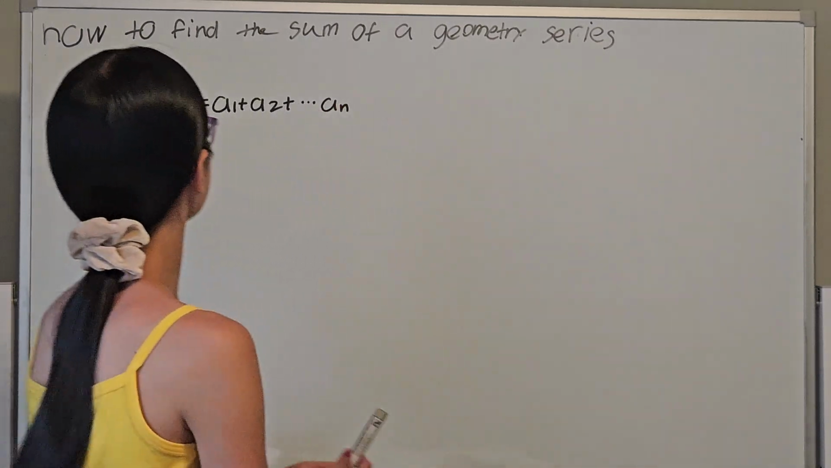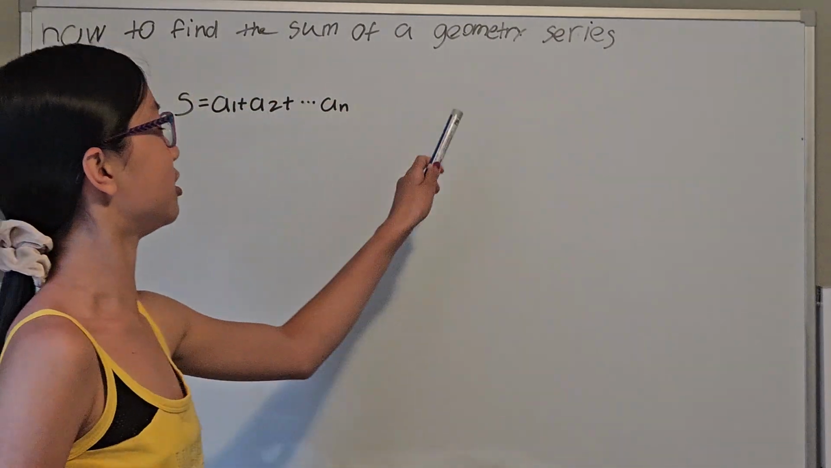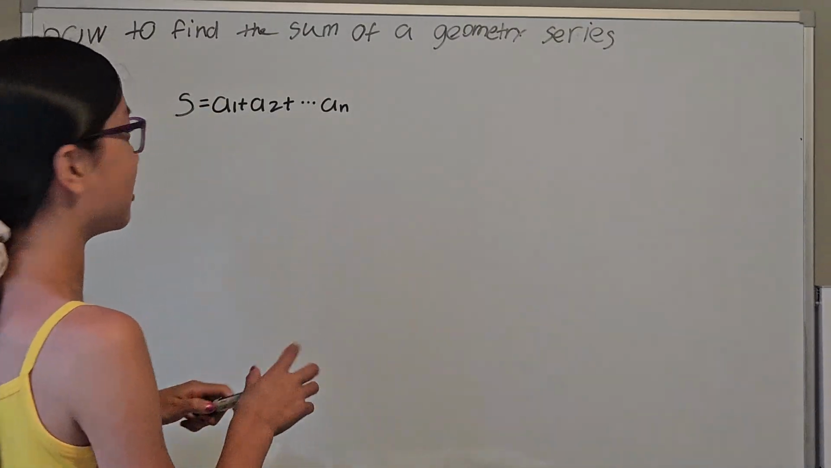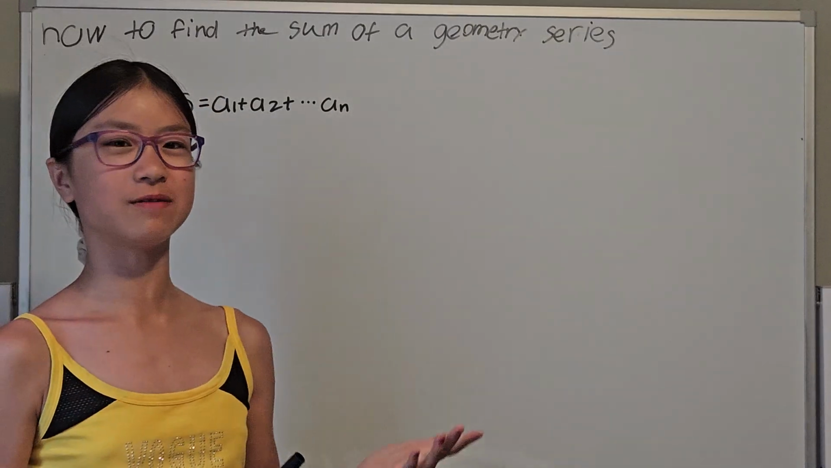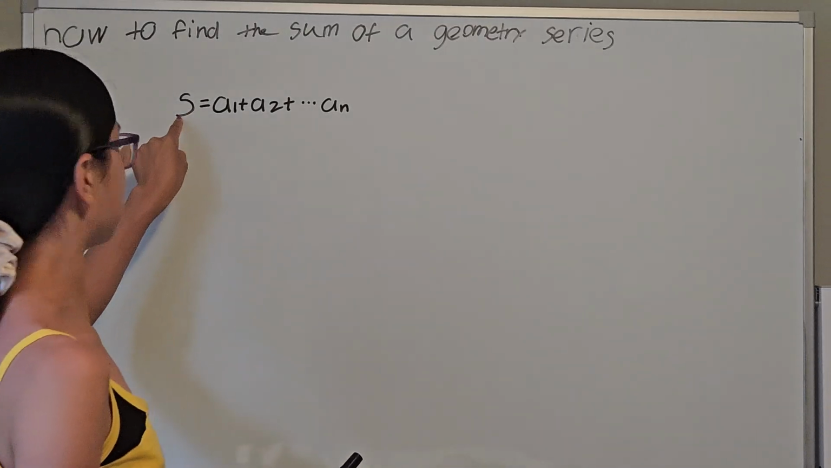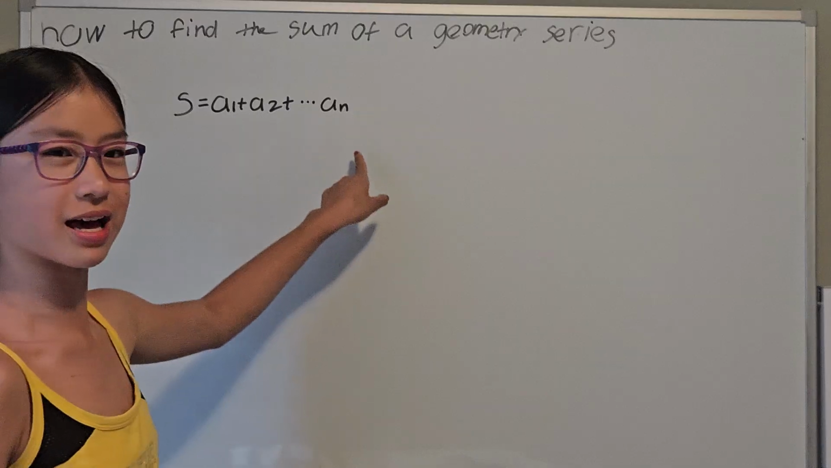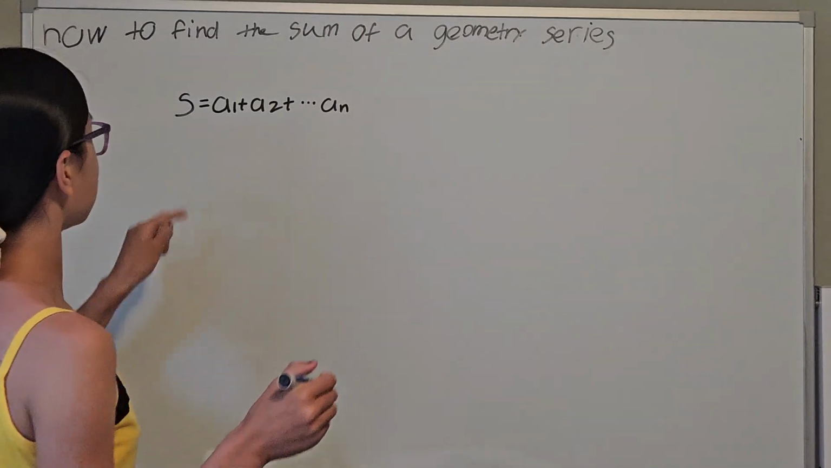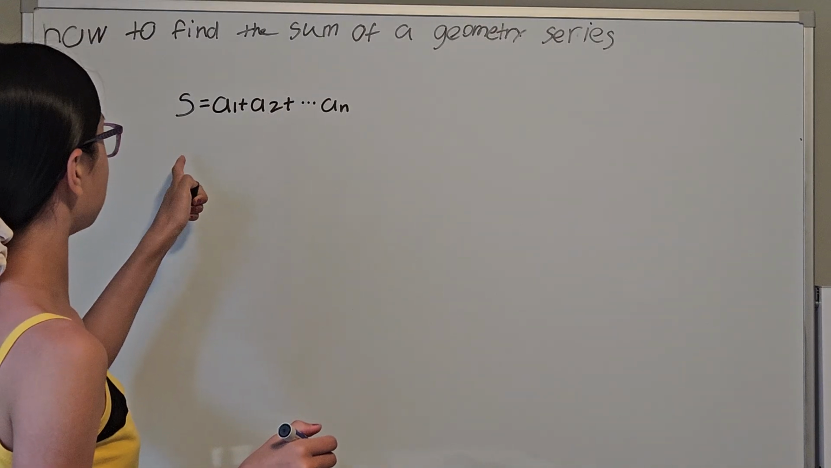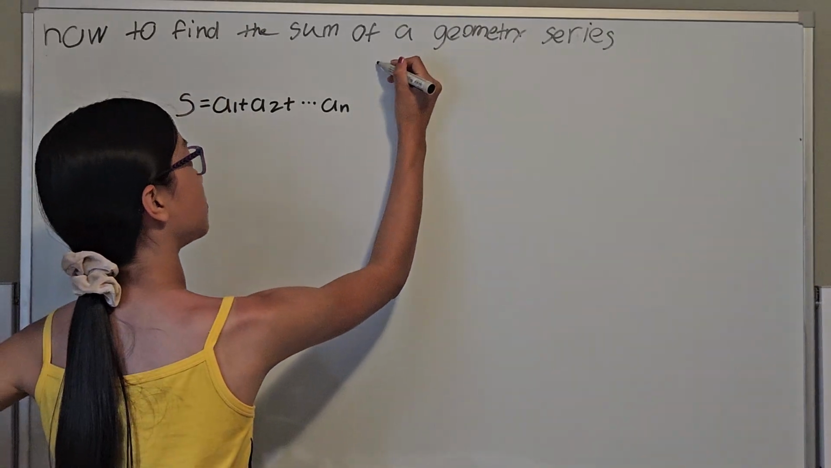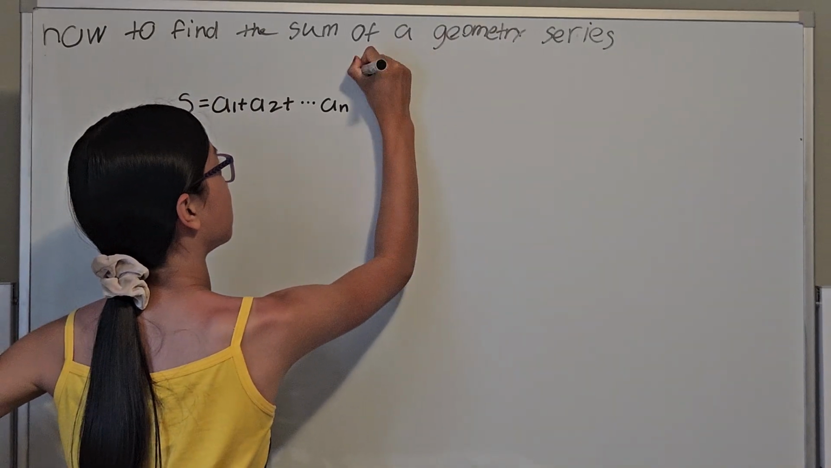Today we are going to find how to find the sum of a geometric series. Geometric, I wrote that wrong. Okay, so for example we have a sum, S for sum, which equals A1 plus A2 all the way to An. We can also rewrite the sum because we need to find the common ratio. So for example, the common ratio